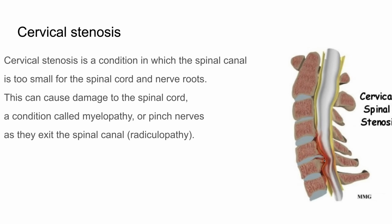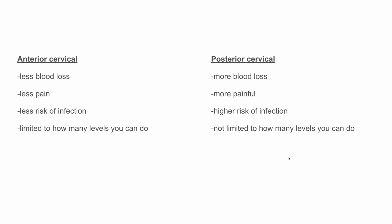A couple of different ways we can approach this, actually 2 ways: anterior cervical, posterior cervical in terms of your approach. And there's pros and cons to going through the back of the neck or the front of the neck, but it's usually sometimes surgeon's preference, or if the patient's anatomy kind of precludes going through the front or through the